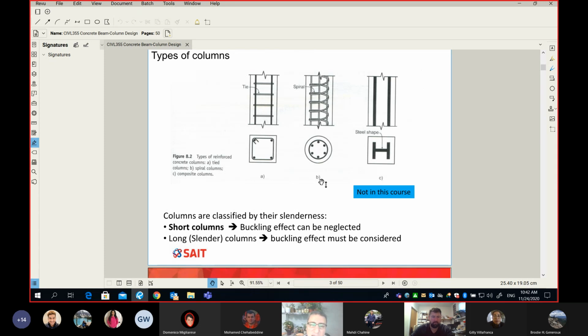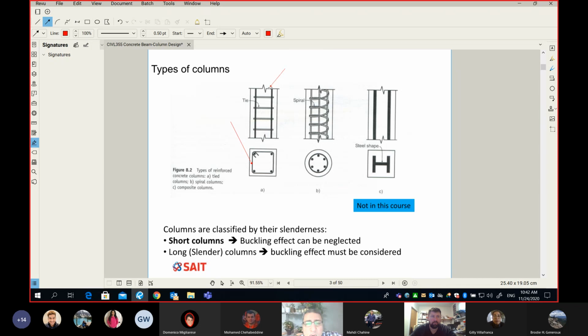So what is tie? Please look up my screen, and this is the tie. And again, it looks like a stirrup, but it's not a stirrup. It is something called a tie. Okay. So when it comes to classification of column, this column here is called the tied column,